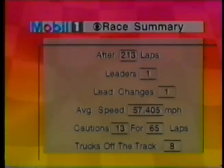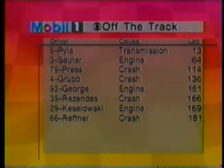After 213 laps, Ron Hornaday's been the only leader. 13 caution flags for 65 laps, 8 trucks out of the race. There's a list of the DNFs so far, including front runners Jay Sauter, out early today, and Brian Reffner, caught up in that last crash. We stay under green, but while we were away, Rick Corelli got repairs made to his number 6 truck,